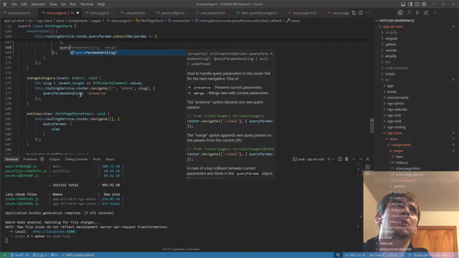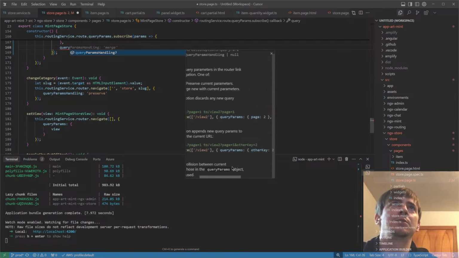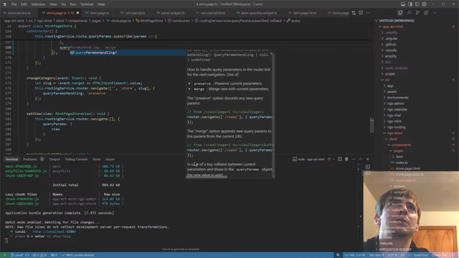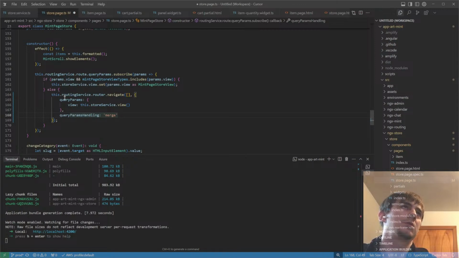Navigate, store, slug, query params handling. Change category, preserve. Yeah, change category isn't going to affect the query params, so that should be preserved. And then the other one, merge, is going to be view 1 page 2, view 2 page 1, and other key equals 2. New value is used if there's a, okay, yeah. Query params handling is going to want to be merge, which isn't going to do anything now,